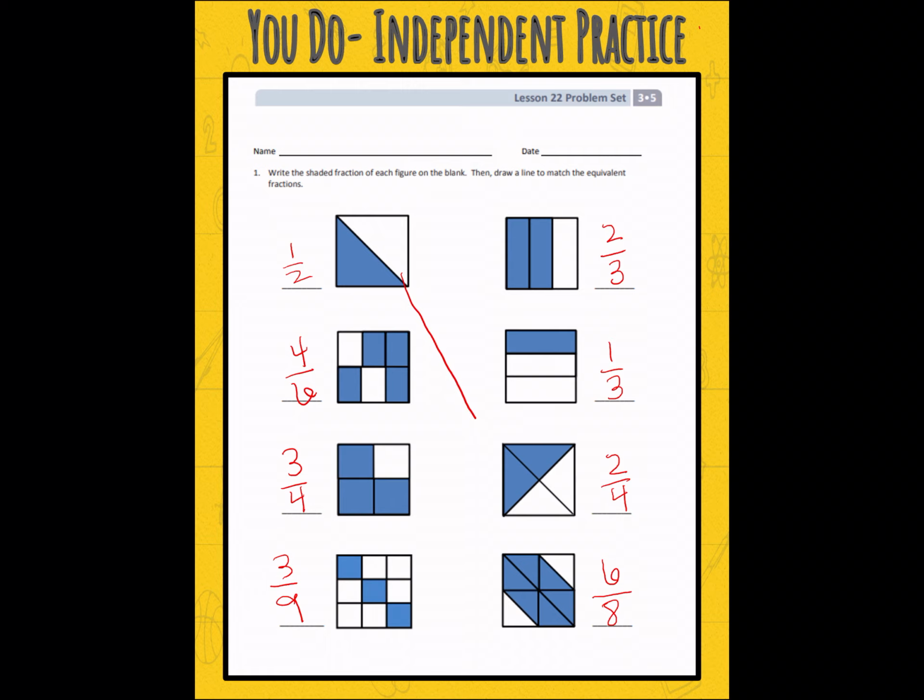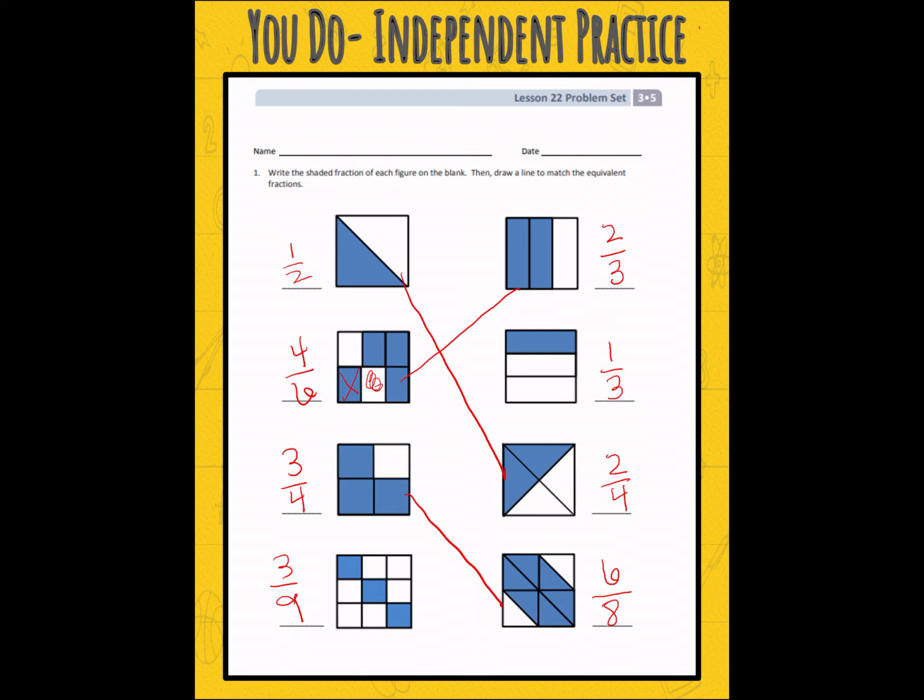1/2 is equivalent to 2 fourths. 4 sixths is equivalent to, let's see, 4 sixths is equivalent to 2 thirds. Just imagine this like shaded in and this not shaded in, and it would match exactly. Kind of flip-flopped actually. All right, 3 fourths is equal to 6 eighths, and 3 ninths